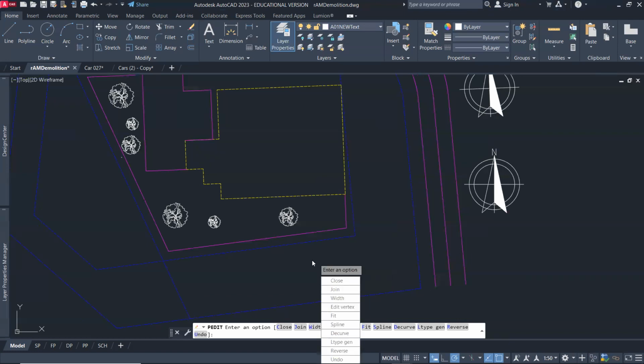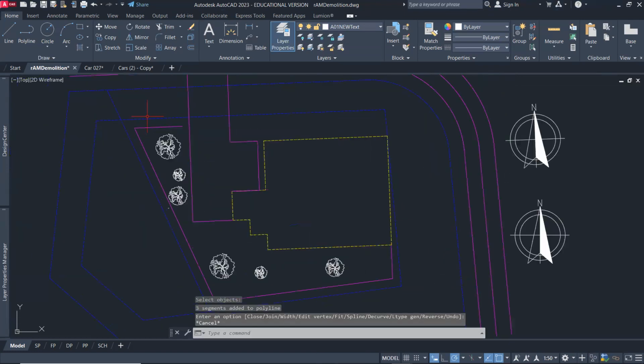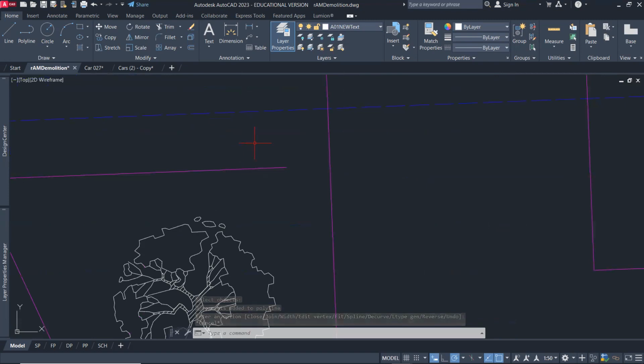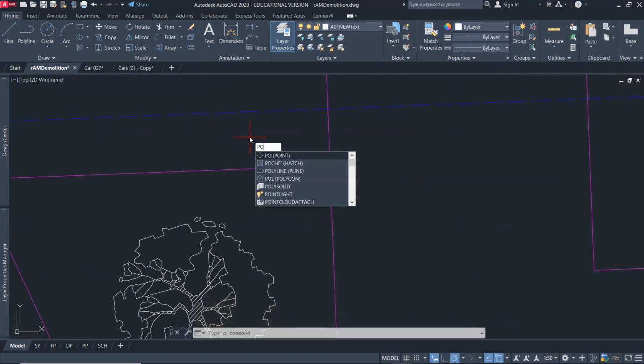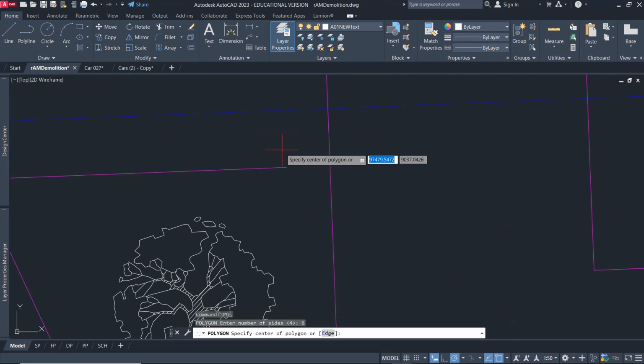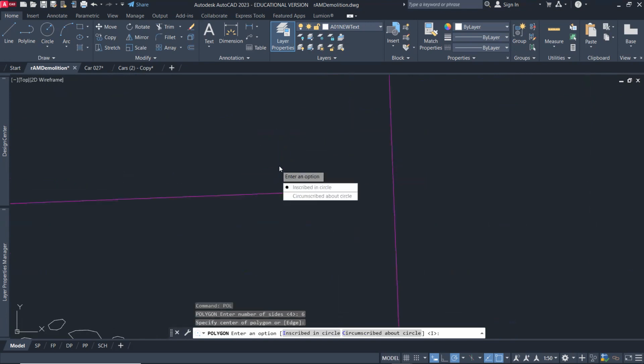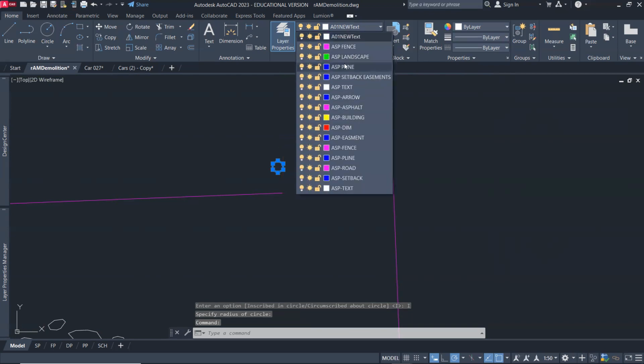Okay. Now that they are joined together, I'm going to design a post out of a polygon. So let's say polygon, and let's say six-sided post. Okay, so six-sided post, and I'll place the post right here, say inscribed, and let's just say it's pointing that way. Okay, and I'm going to place this in the 0 layer, which I need to